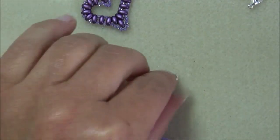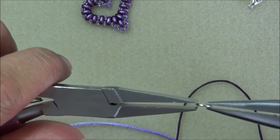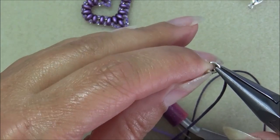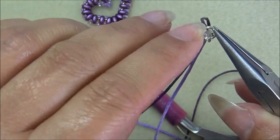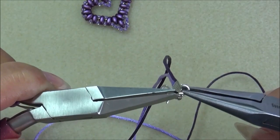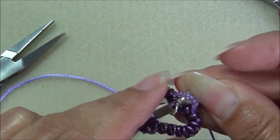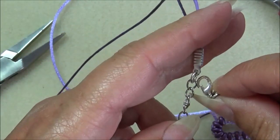Taking the other end of our cording, opening our jump ring from north to south, attaching it on to our cording, put on our clasp, and close our jump ring. Feeding our end through the necklace, either end don't matter. And now we have our finished